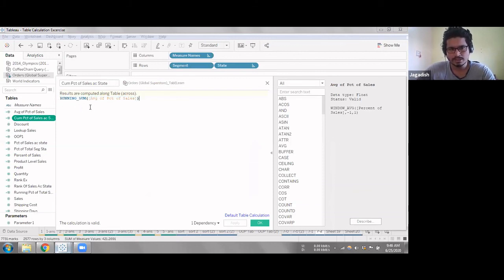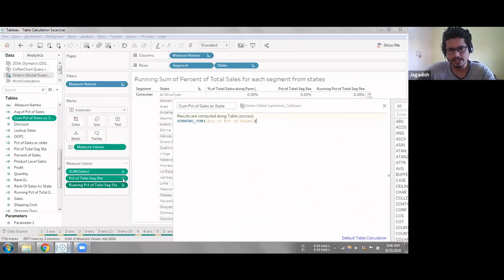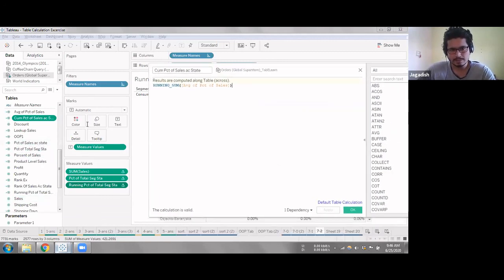Though this combination is not possible in the default options that we saw, when we right click it's not giving the secondary calculation option for the percentage of sales. But using this mechanism, putting that as a field and writing the table calculation by ourselves, we made that combination of secondary calculation possible for those two table calculations. And it's not limited to secondary calculation. We can go on to tertiary, four. We can involve multiple table calculations based on our requirement.